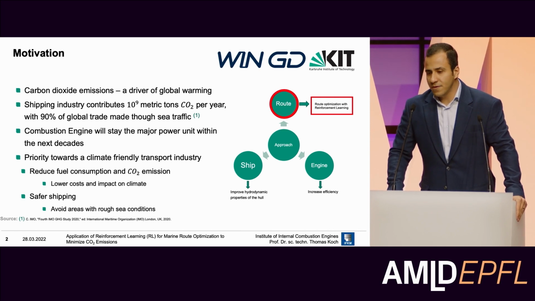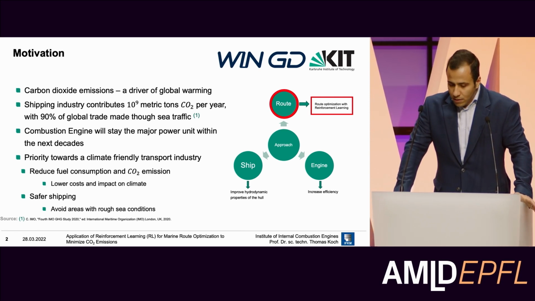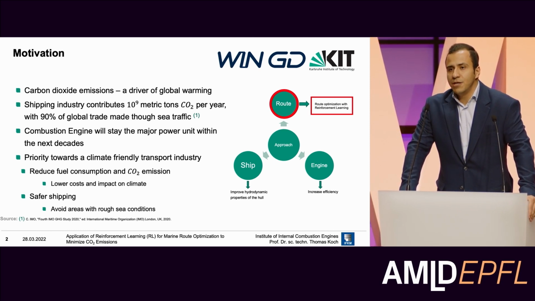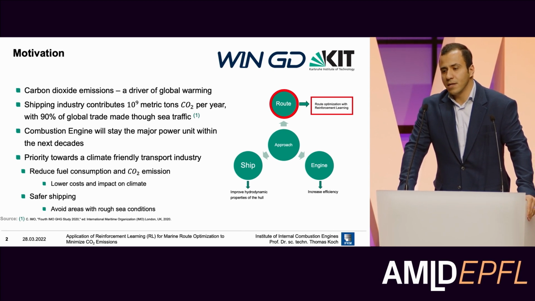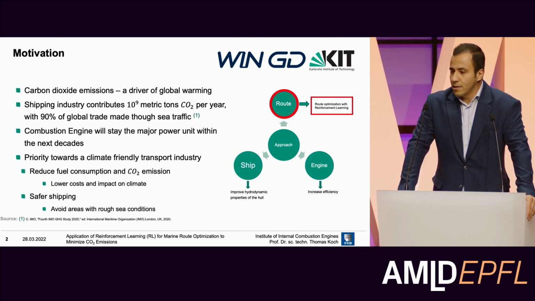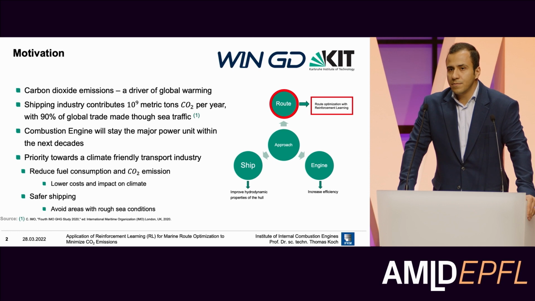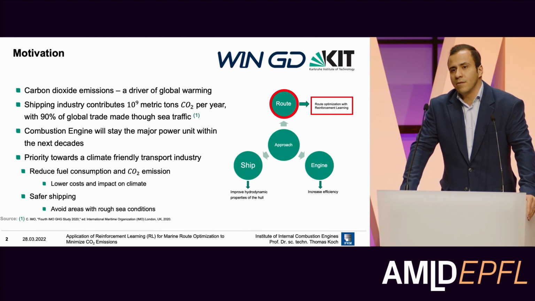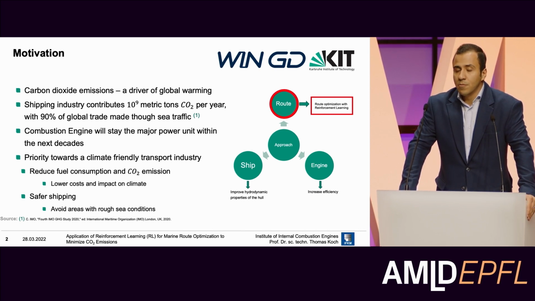In order to achieve the CO2 target in 2050, the ship industry must be optimized in several aspects. Different approaches must be considered in these parts. For example, the engine efficiency must be increased, or the hydrodynamic properties of the hull must be improved, or the most important approach for this project will be the optimization of the route in order to, for example, avoid rough sea conditions and